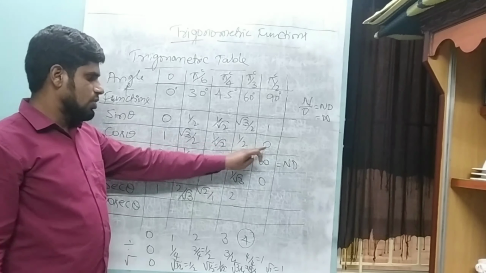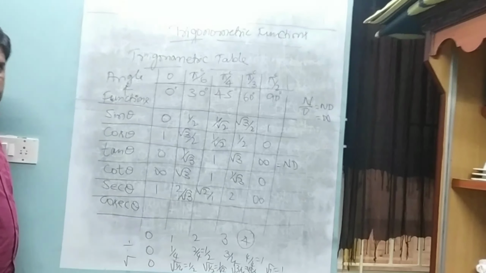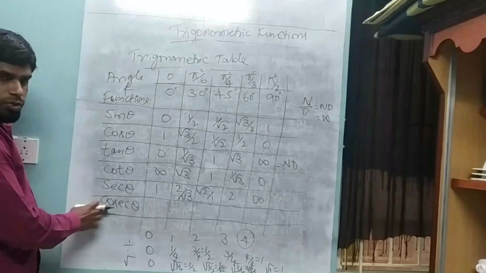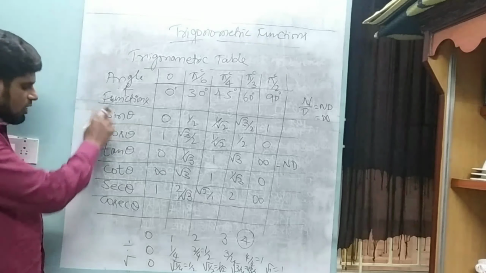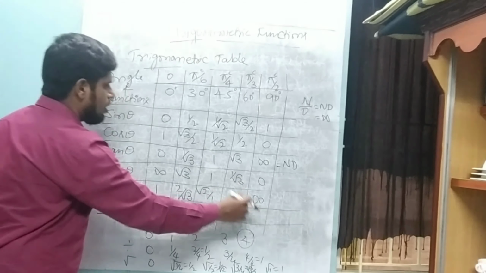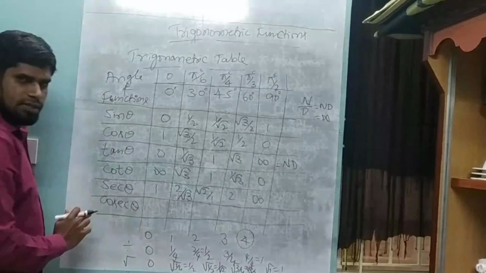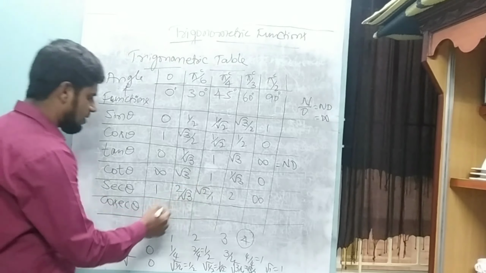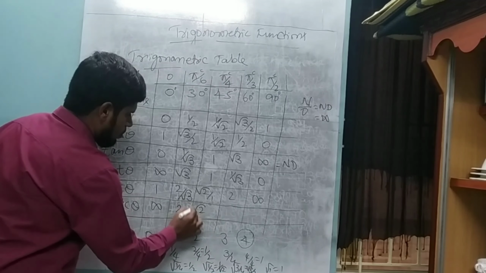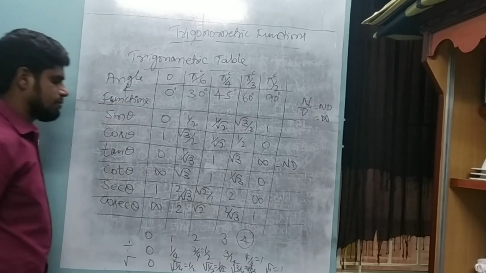Reciprocal of 0 means 1 by 0. 1 by 0, as 0 comes in the denominator, so it is infinity. Now students, here cosecant. Cosecant is the reciprocal of sine as well as the co of secant. So if I want to write cosecant values here, I can take the reciprocal of these values of sine or just reverse them. Both ways are correct, and I will get the same values. So I just reverse this: infinity, 2, root 2, 2 by root 3, and 1 by 1 is 1.